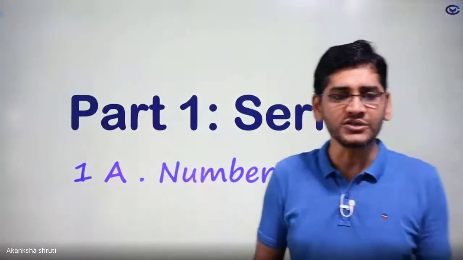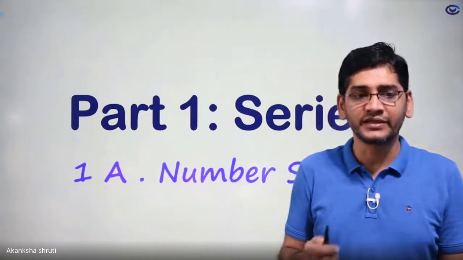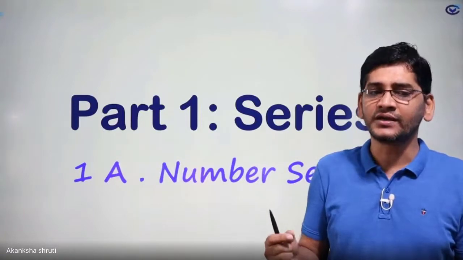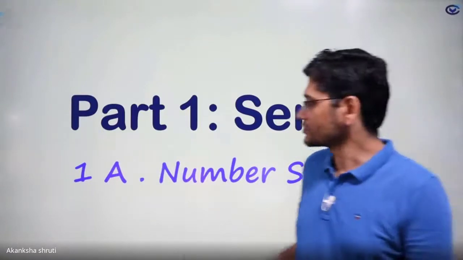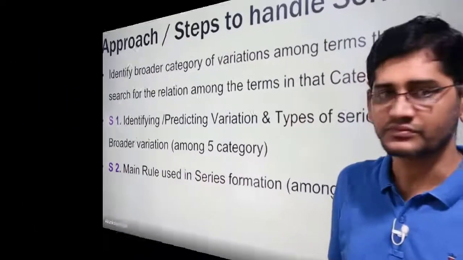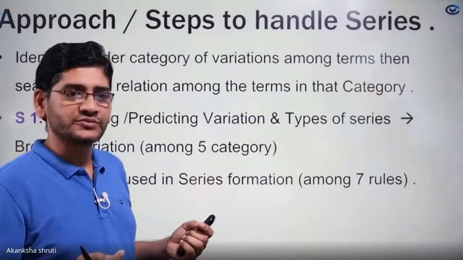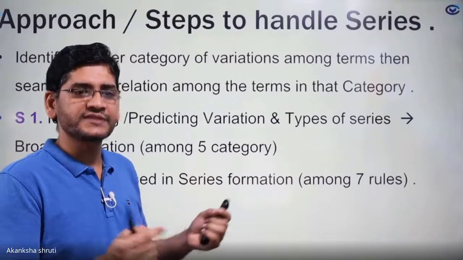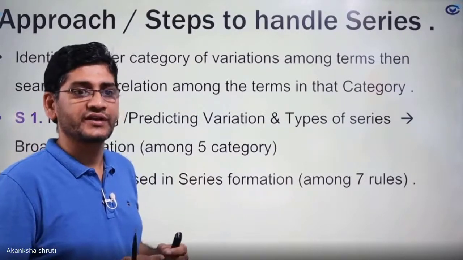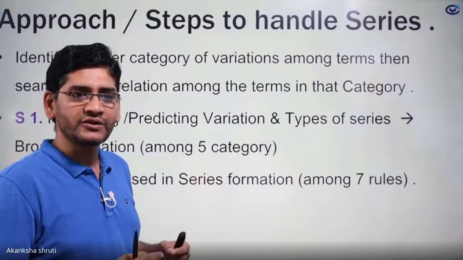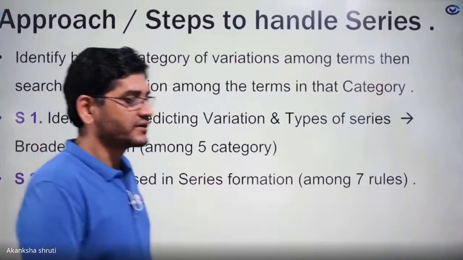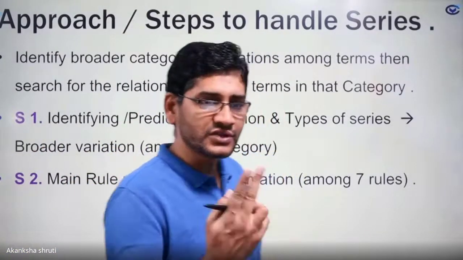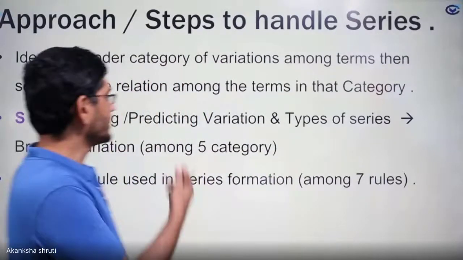The main challenge of the number series is to determine the rule. What is the rule followed? Once you are able to predict that rule, the question is so simple. So students, in this number series, two kinds of things we have to observe. First, apply the difference. Observe whether the difference is following a certain pattern, meaning a certain regular variation. If not, then leave the difference and try directly with the terms, how one term is related to the next. So these are the two key things for the number series.